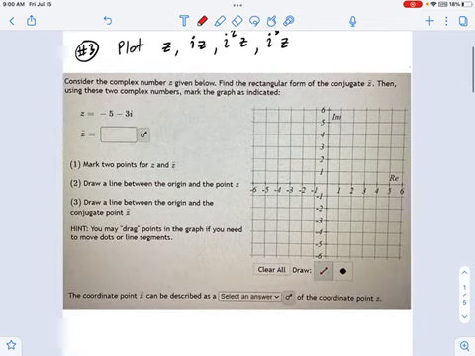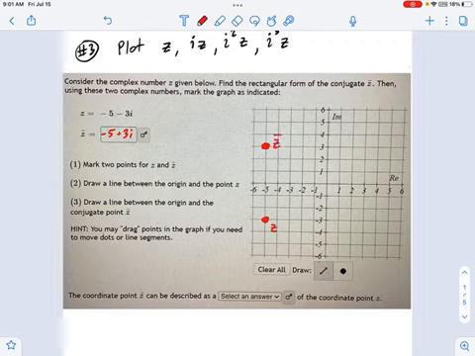So, remember what the complex conjugate is. We should be able to buzz through this kind of quick. -5 plus 3i. Okay, so if I plot the conjugate, it's going to be -5 over this way, -3i down, I get to here. But if I go -5 plus 3i, that takes me up to here. Okay, so there's my points. This one over here being z, this one over here being z conjugate.